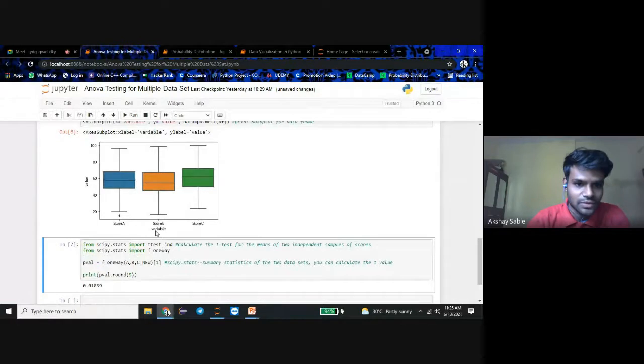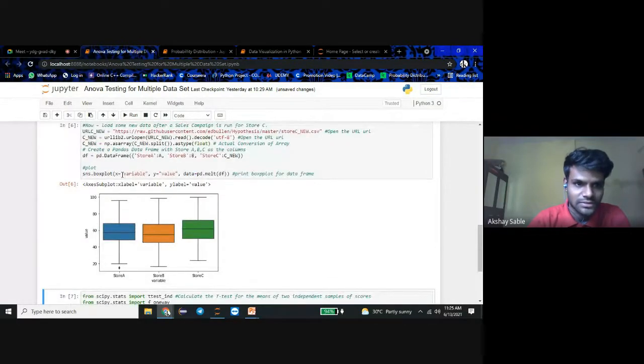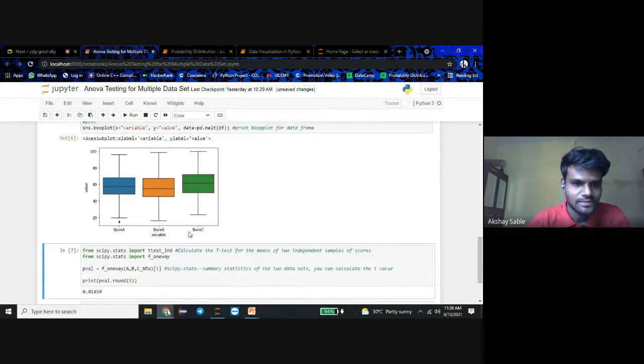As the x-axis we show the variable, which is the title, and the y-axis title is value, with data equal to the pd dot melt, which is the box plot for our data set.